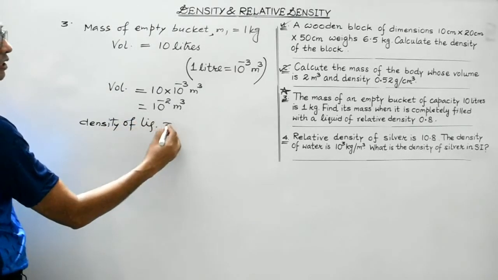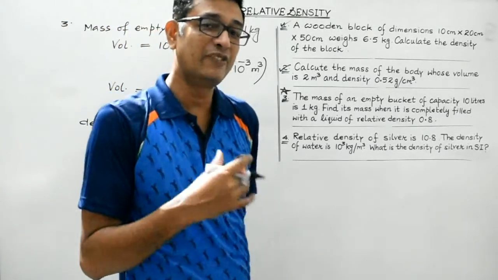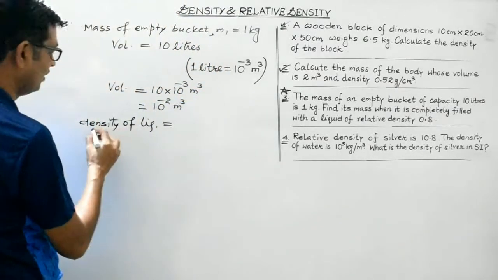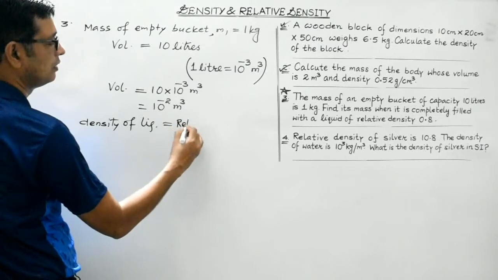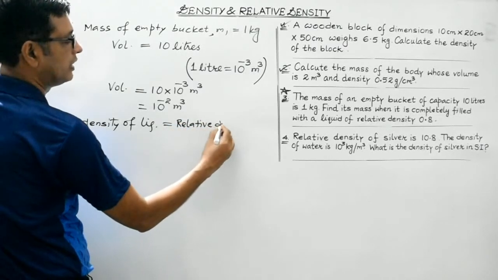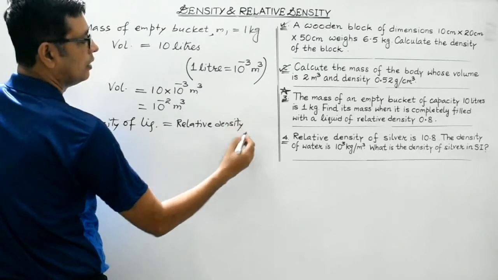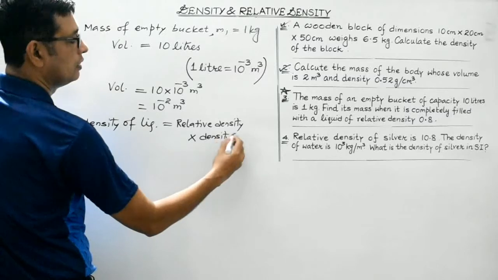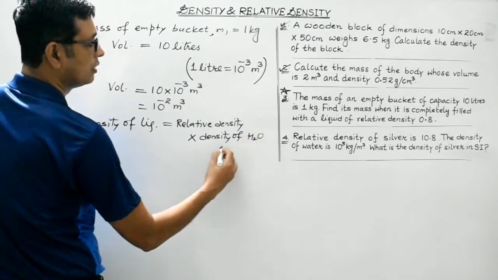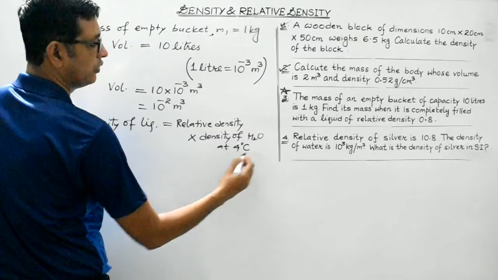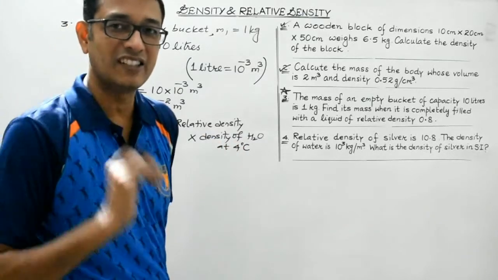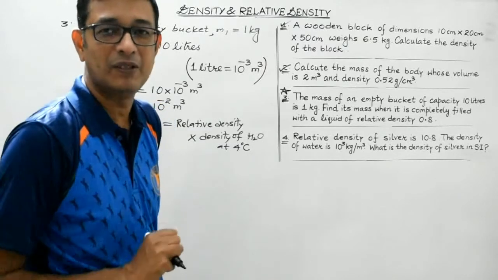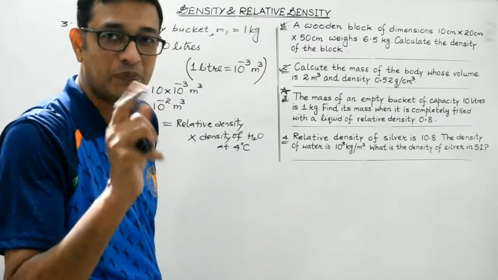Density of liquid will be equal to the relative density multiplied by the density of water at 4 degrees Celsius. So density of liquid would be relative density of the liquid multiplied by the density of water at 4 degrees Celsius. We have already discussed why we consider 4 degrees Celsius. It is at 4 degrees Celsius that the density of water is maximum, which is 1000 kg per meter cube,